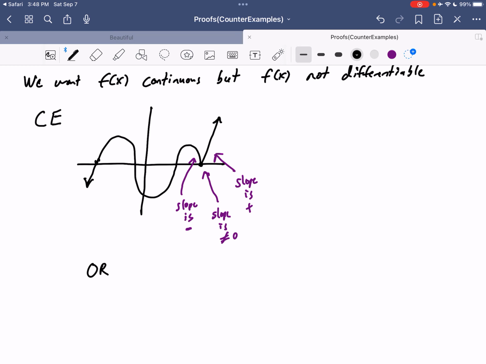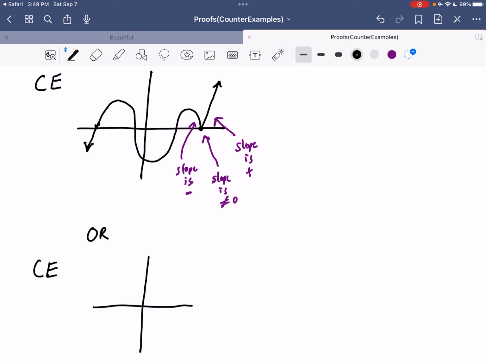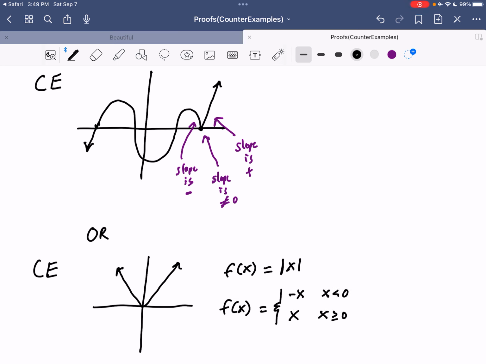So let's try a different one where we use a simpler picture, similar idea, but one that we know pretty well. A famous continuous but non-differentiable one, a famous sharp corner sort of picture, is your absolute value function. So this right here is your absolute value function. This would be f of x equals absolute value of x, or if you prefer, f of x as a piecewise function: negative x when x is less than 0, x when x is greater than or equal to 0. And clearly, this guy is continuous,